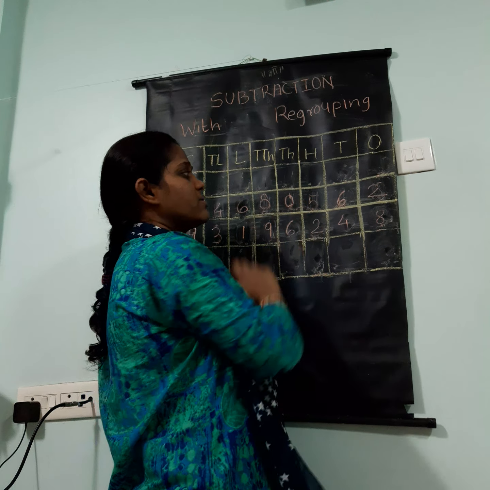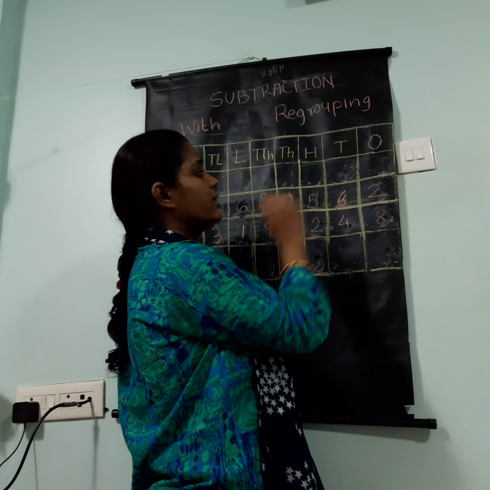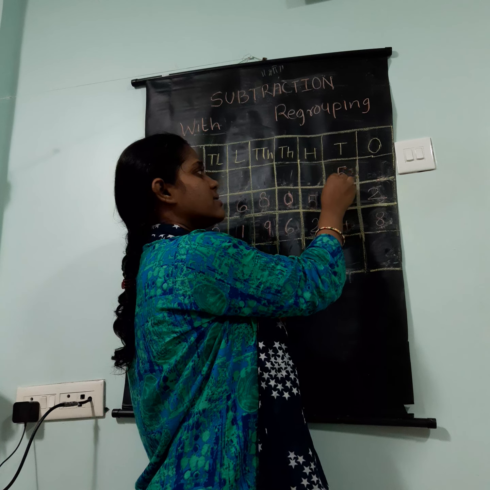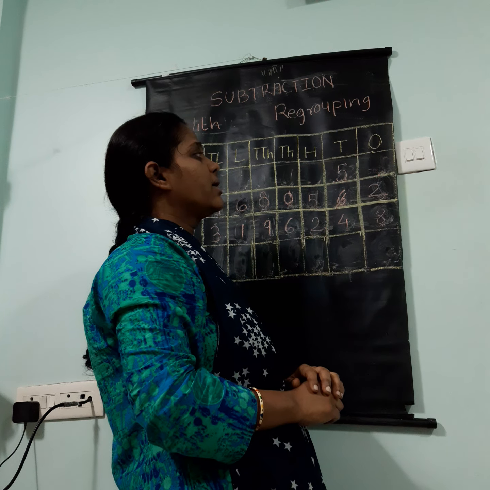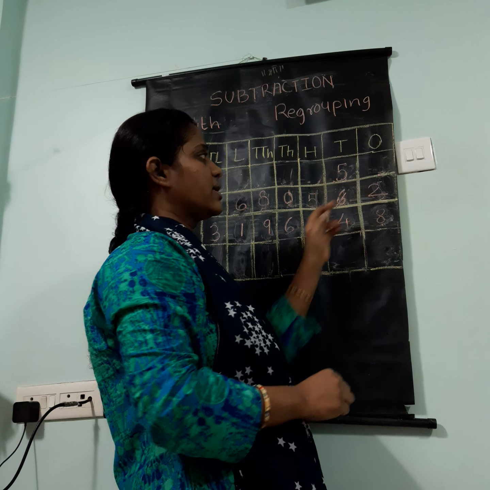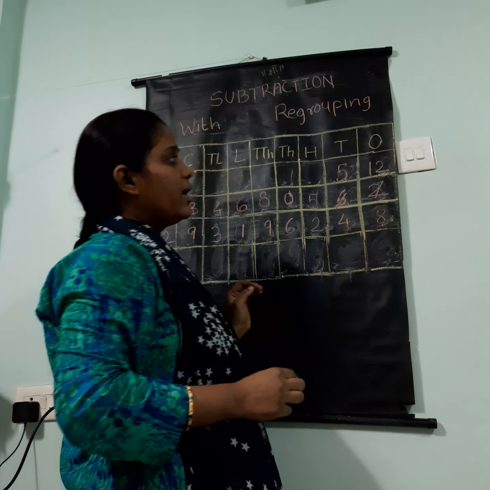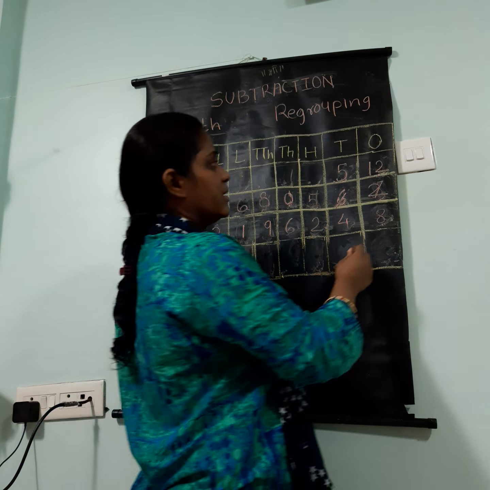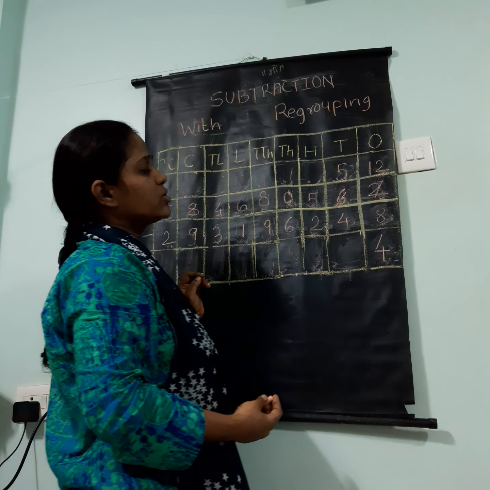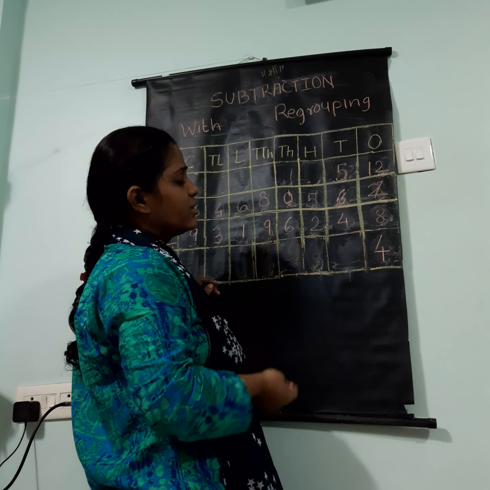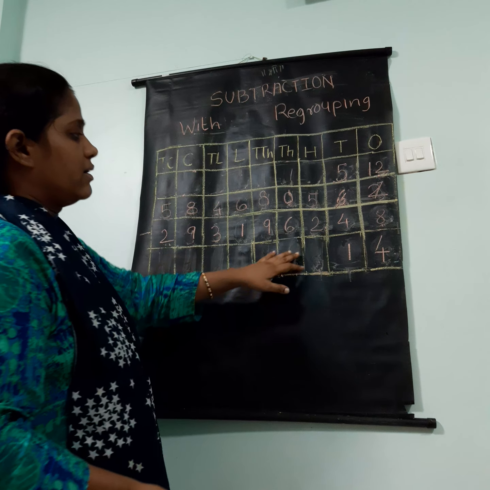In the tens place I have 6 with me. So I will borrow from this 6 tens. When I borrow, I will cut this 6. I will be left with 5 tens over here. And when this 1 ten comes to the ones column, it will become 10 ones. Now this 2 plus 10 ones, I will get 12 ones. Now 12 ones minus 8 ones, that will give you 4, right? Now in the tens column, you have 5 tens minus 4 tens. That is very easy. You will get 1 ten as a difference.